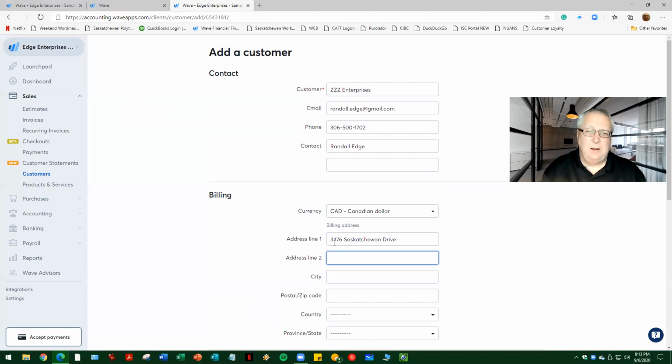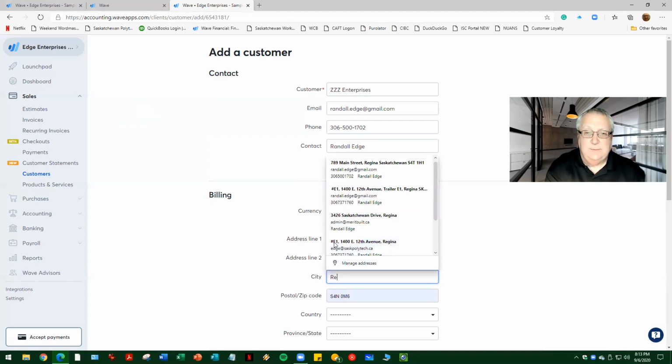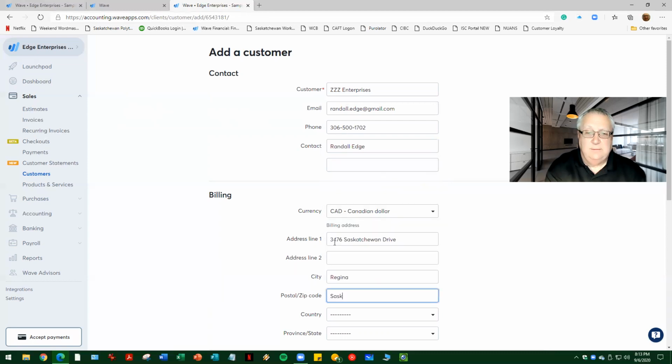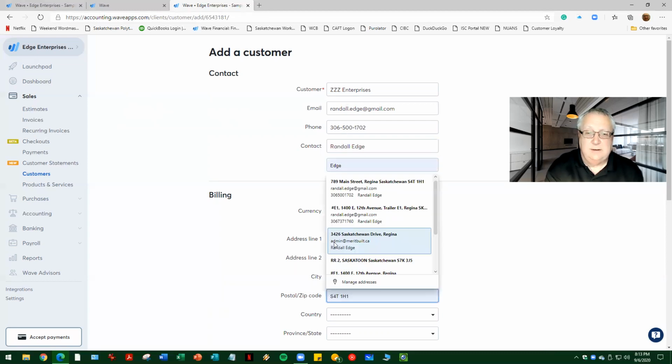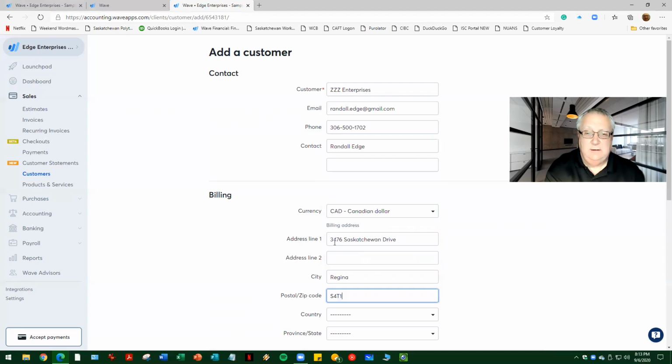It's just something to think about as you're setting it up. It's just one of those little things that it's part of the modern experience of trying to get goods to your customers. So Regina, zip here is 74T,